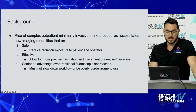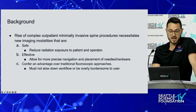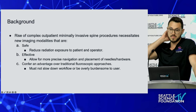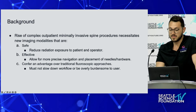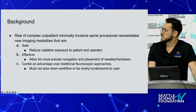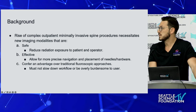So the rise of complex outpatient minimally invasive spine surgeries necessitates new imaging modalities that are safe for us, safe for the patient, that are going to reduce radiation exposure for the patient and the operator, effective to allow for more precise navigation and placement of needles or hardware. And they must confer an advantage over traditional fluoroscopic approaches,